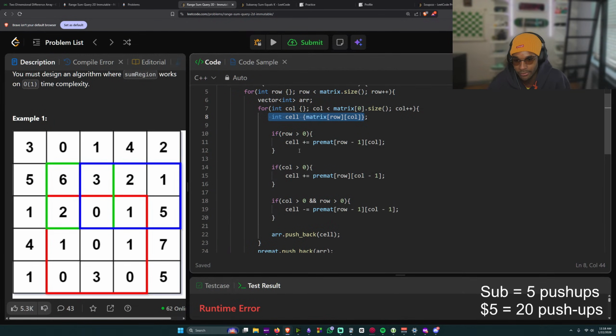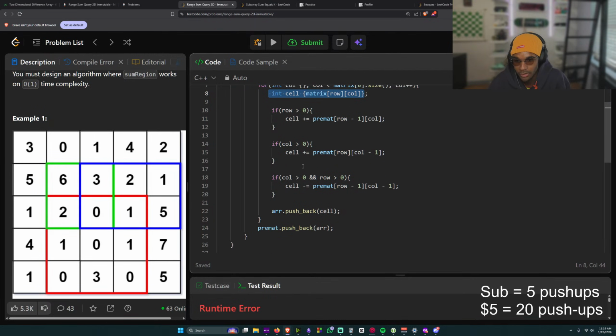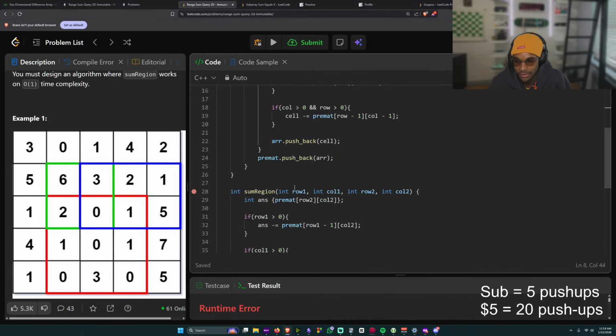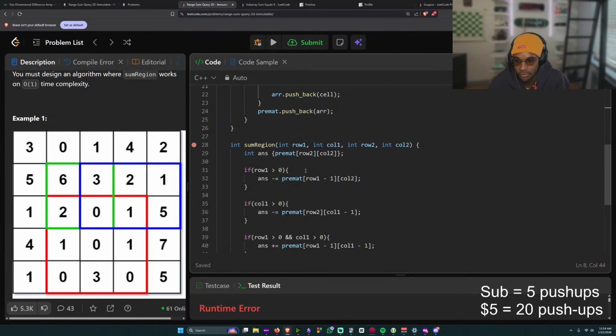If the row is over 0, then we go up one row to grab the prefix from there. If the column's over 0, we grab the prefix from one behind. And the diagonal is what we added twice, so we have to subtract it. Then we push back that cell into our array, and push back that array into our premat. It does that for all the rows.